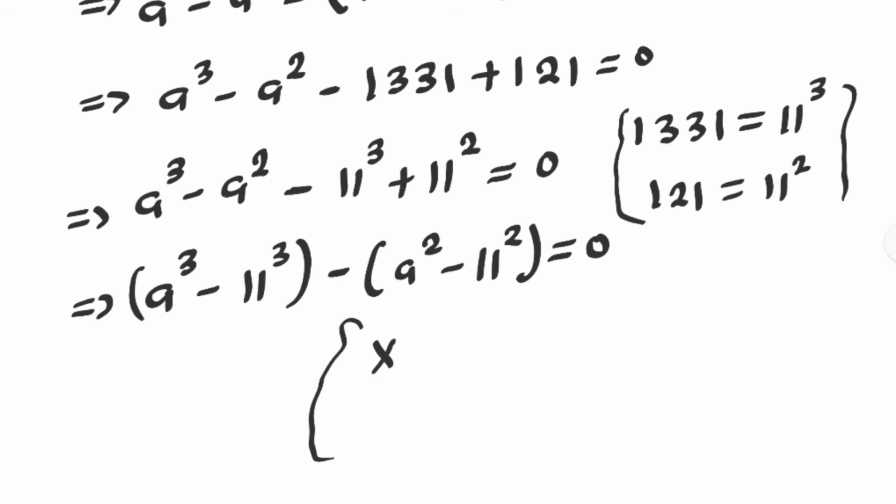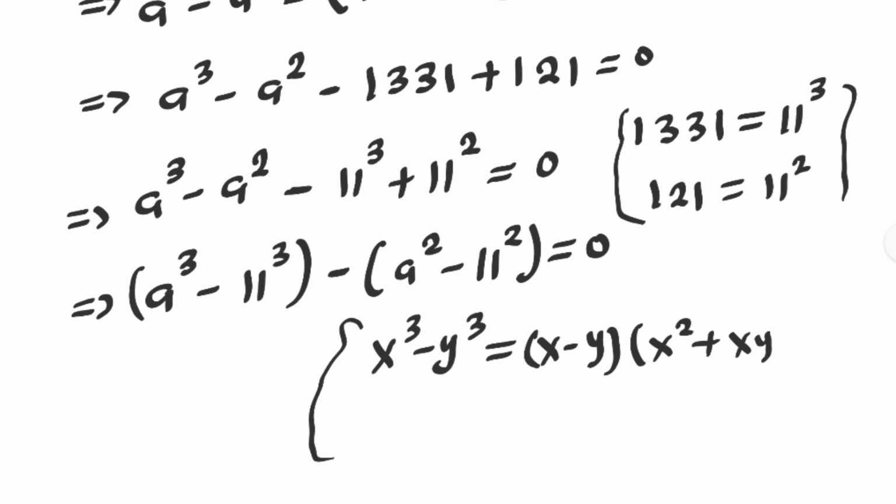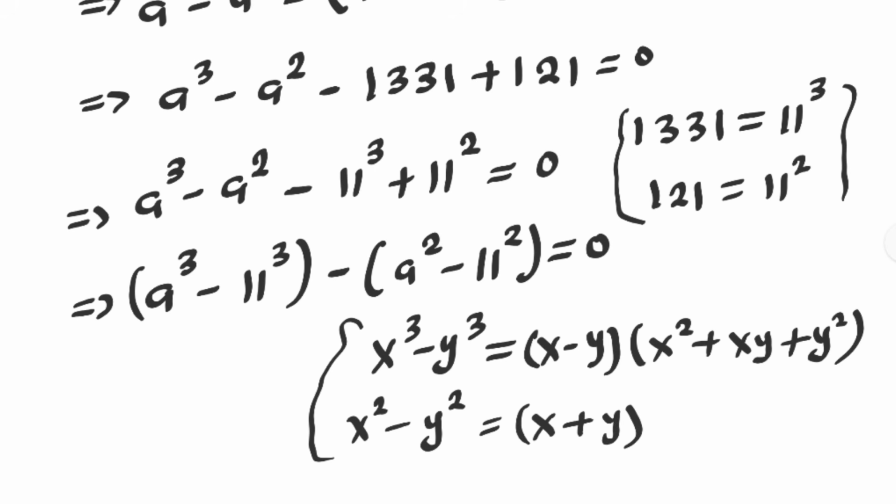If you have x raised to power 3 minus y raised to power 3, this is equal to x minus y bracket x square plus xy plus y square. And if you have x square minus y square is equal to x plus y bracket x minus y,